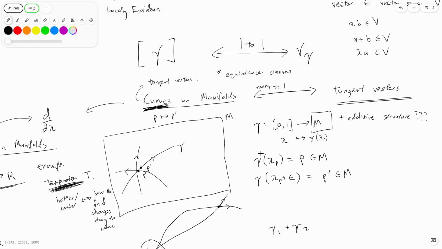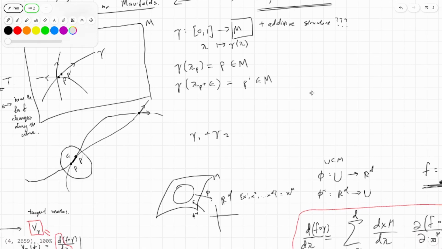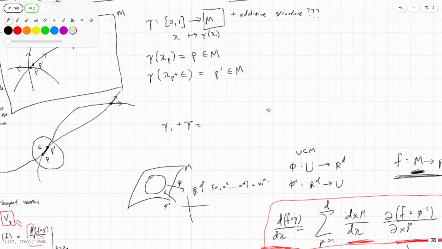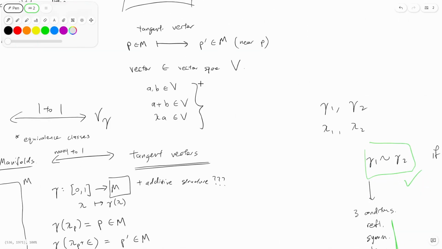So now we've addressed this many-to-one issue by defining equivalence classes of curves, and all that actually remains to do is to show that the vector space that we have defined is closed under addition and can be scaled. The scaling is actually really easy if it just corresponds to the speed at which the curve progresses. So for example, if this curve gamma 1 defines some tangent vector v1, and then let's say we scale this v1 up to v2, so v2 equals 2 v1, then the corresponding curve gamma 2 is just